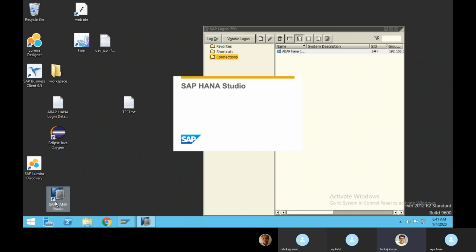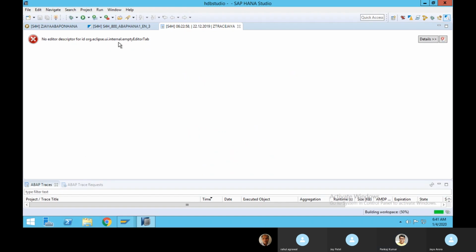We can use either SAP HANA Studio or Eclipse if ADT is installed there. ADT is fine, SAP HANA Studio is also fine. We can use anything here.